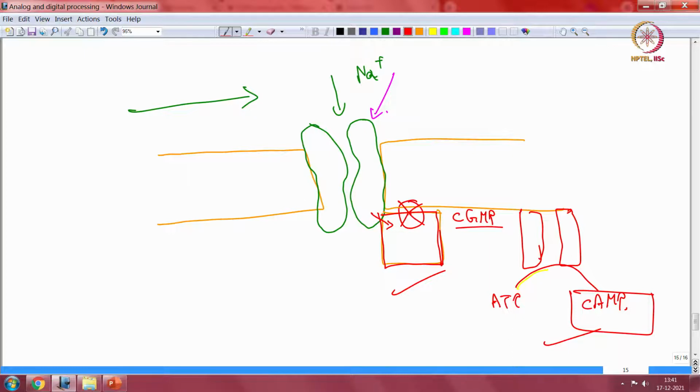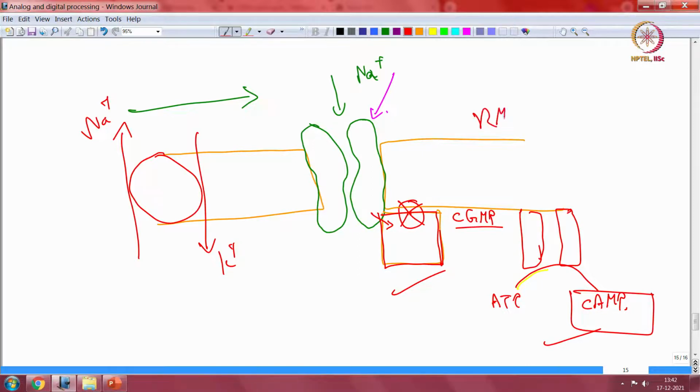The signal is transitory, because as soon as the sodium potassium pump goes back into action, your signal is lost. If you look back into the original discussion, we had the action potential which in turn activates the sodium potassium pump, and that brings back the resting membrane potential to normal. RMP is restored. Though RMP is restored to minus 70 millivolts, cyclic GMP, which is a protein, acts on a further set of downstream proteins and produces this cyclic AMP.